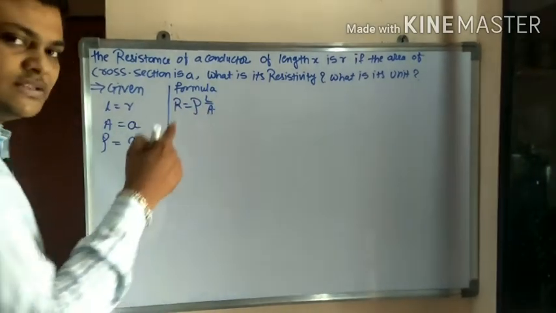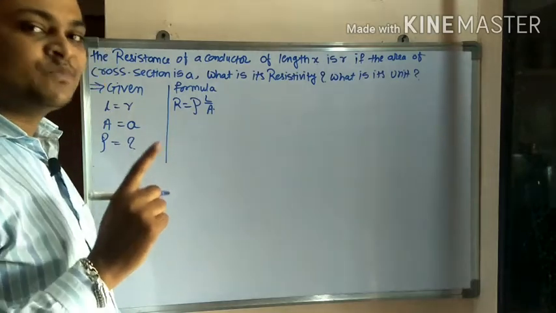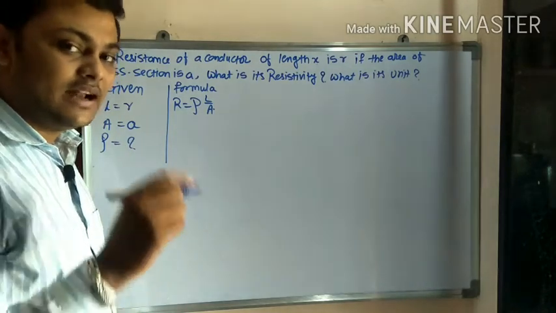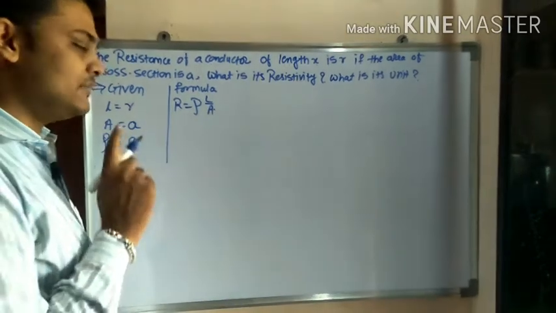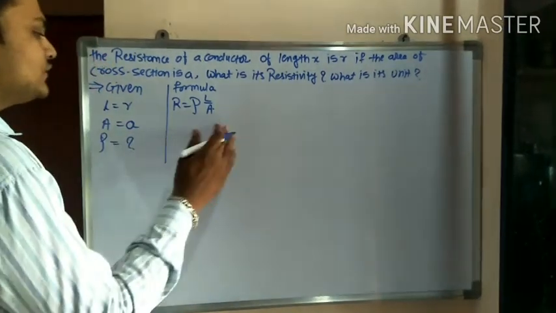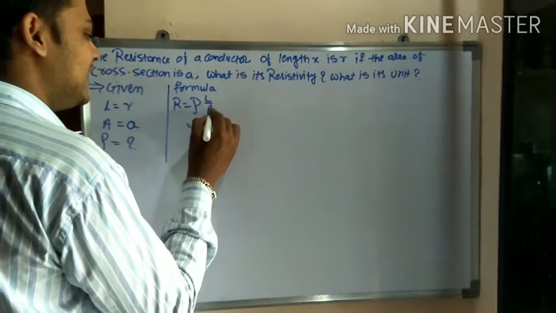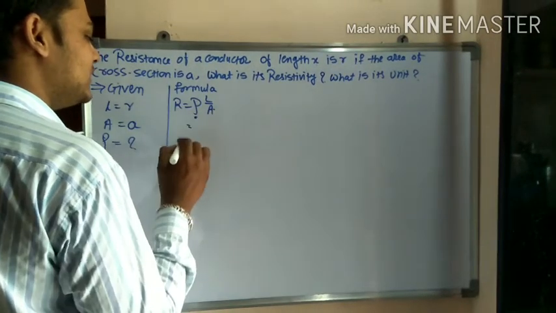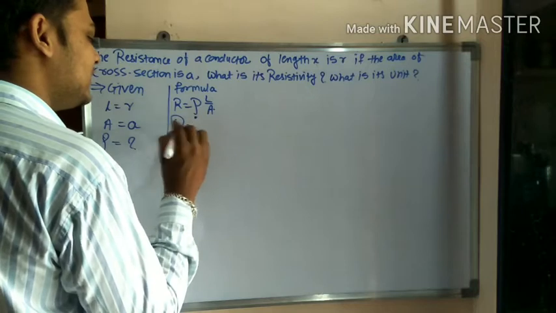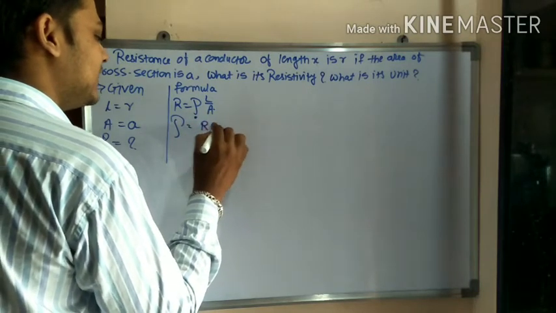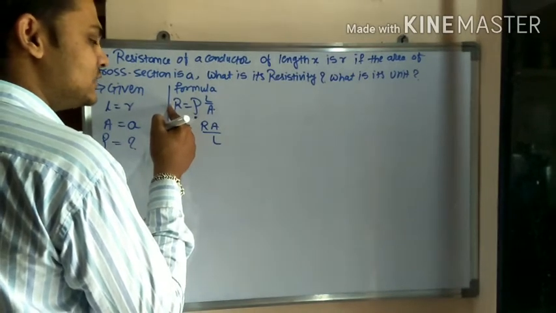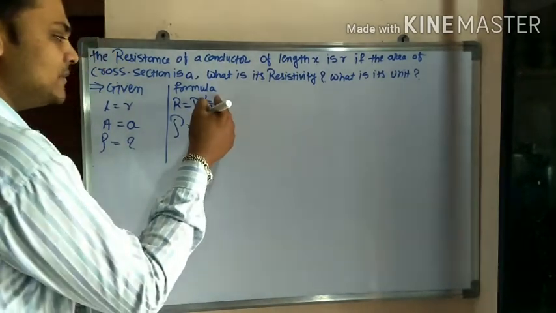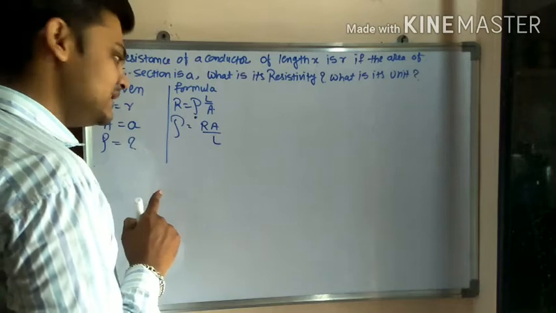I have explained this formula in a previous lecture, that is resistance and resistivity. I'll drop you the link in the description box. You must visit over there and check it at once. So next, L we have got, A we have got, we have to find out this quantity. So resistivity is equal to RA divided by L. A is in division, put towards left hand side, it is in multiplication. L is in multiplication, put towards left hand side, it is in division.